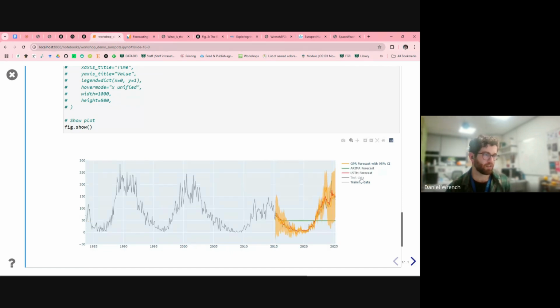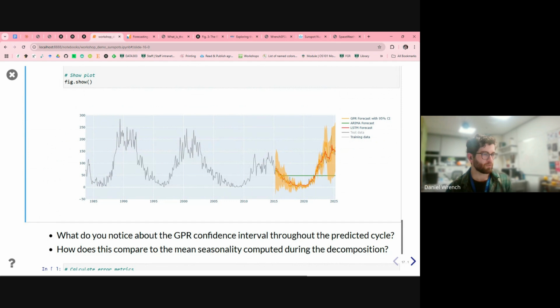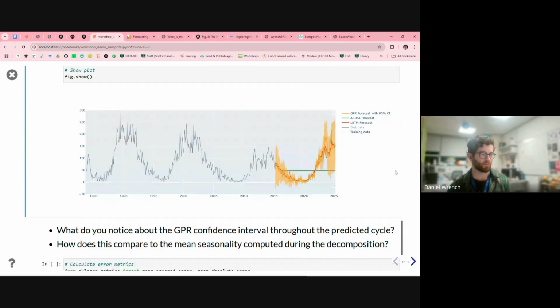Okay, so that's 3 different models. One basic statistical model to use for smaller data sets. One that has more of a machine learning flavor, but still really represents the uncertainty nicely, which isn't always the case with machine learning. Often it'll just spit out a number and not give you any kind of distribution or error bars. And then finally, our recurrent neural network model, which is more the epitome of machine learning. So yeah, what do you notice about the confidence interval? I mentioned that and how it compares with that mean seasonality. So a nice capture of uncertainty there.